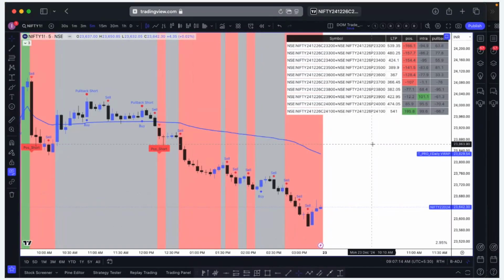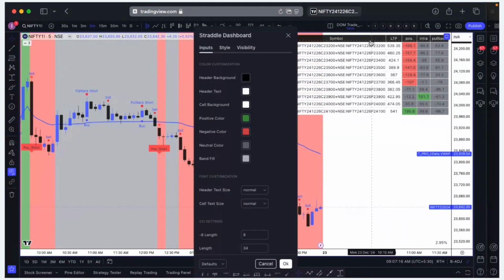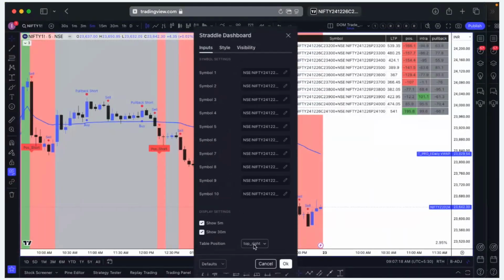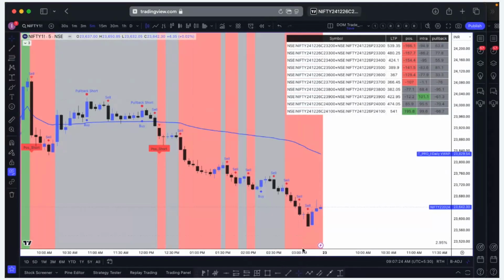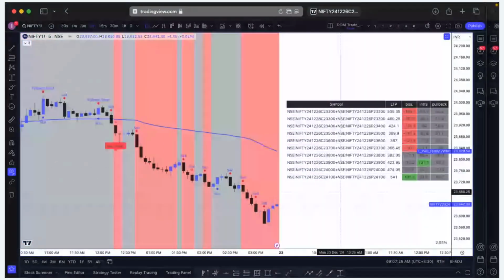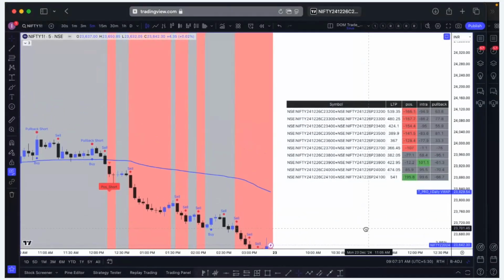5 or 10 straddles you can plot over here. Now we have another, and you can customize this. You can keep this anywhere in the chart. Say, I can keep it in the middle. Wherever it is comfortable, you can keep that. Now coming back to this particular thing, you can see here